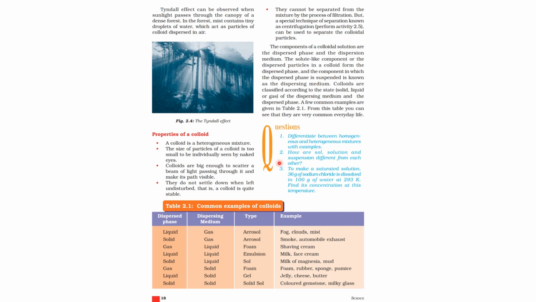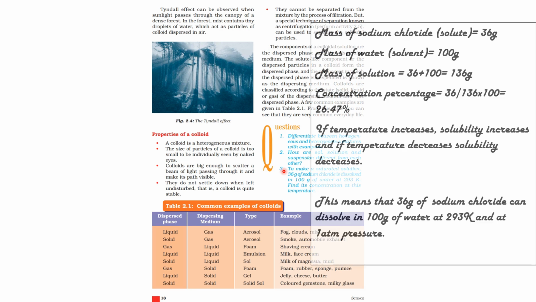Next question. To make a saturated solution, 36 grams of sodium chloride is dissolved in 100 grams of water at 293 Kelvin. Find its concentration at this temperature. Let's check out. So here the mass of sodium chloride is equal to 36 grams. Mass of water, that's the solvent, 100 grams. Mass of solution is equal to 36 plus 100, that is 136 grams. Concentration percentage is equal to 36 divided by 136 into 100, that is equal to